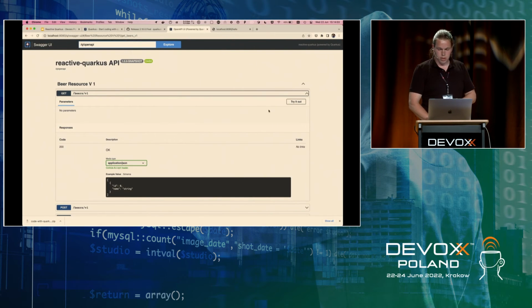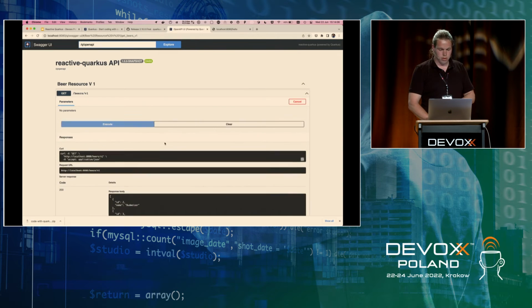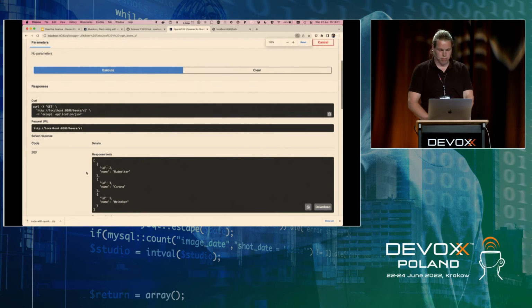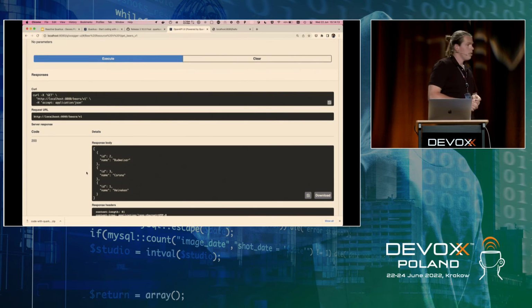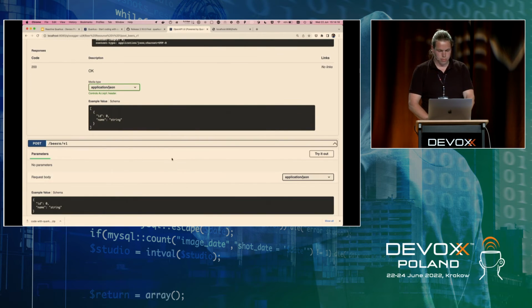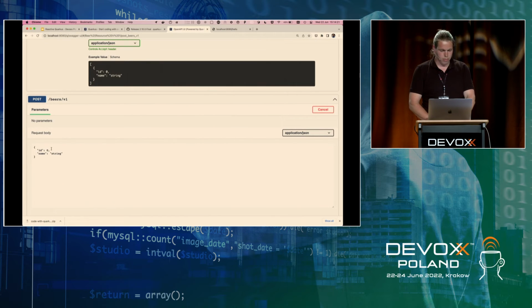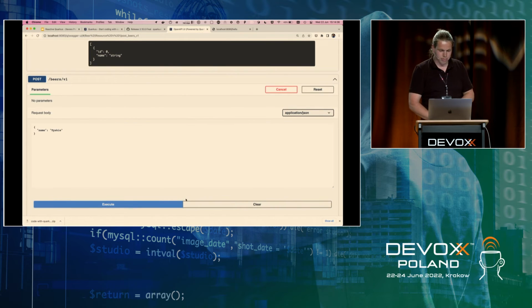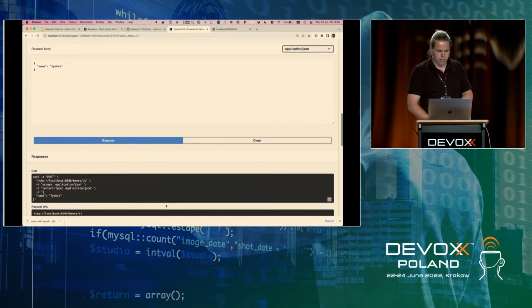Well, we can try that out. So if I try it out, I get a bunch of beers. I just entered some random beers in here. So a Budweiser, a Corona, and a Heineken. And let's add a beer in here as well. We don't need to provide the ID because that's automatically generated. I just learned that Tyskie, for example, is a great Polish beer. Some of you might not agree, but I thought it was nice. And then we can insert that one into the database. So we say execute.